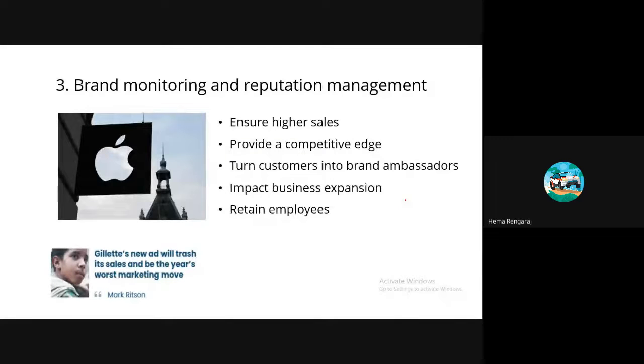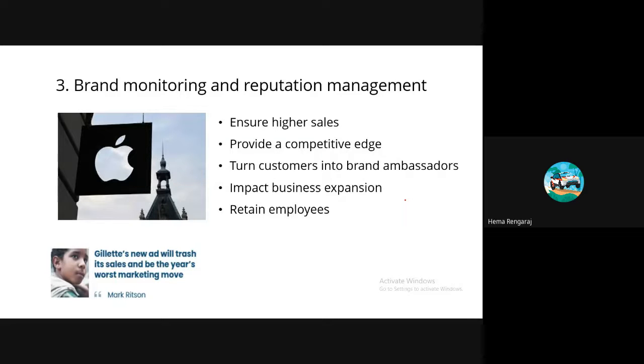The first thing, you can ensure higher sales, isn't it? Yes, because by establishing a long-term relationship with customers and consistently maintaining the quality and service level. Because when we keep receiving positive, negative or neutral reviews of our particular product, we can ensure higher sales, because we will take the necessary action when we are getting bad reviews for a longer time, right?